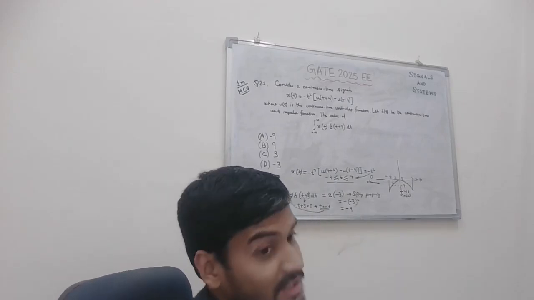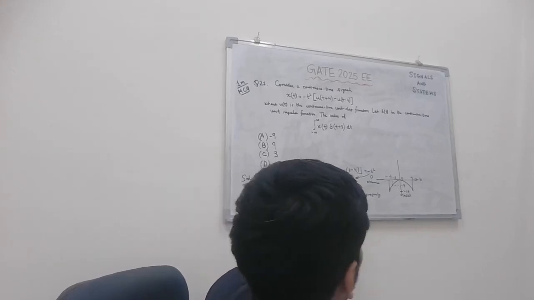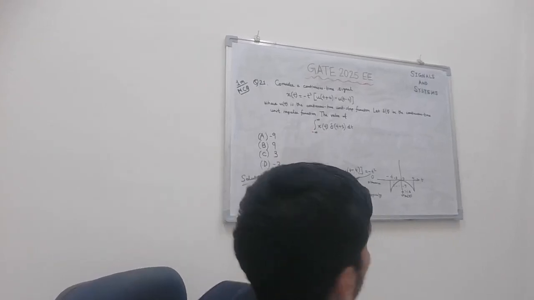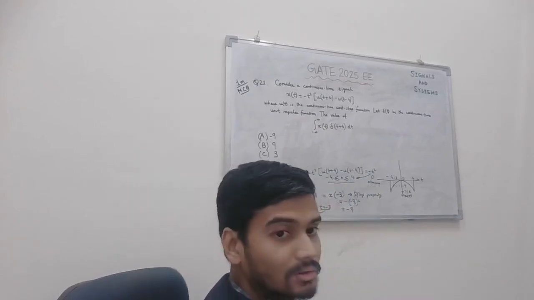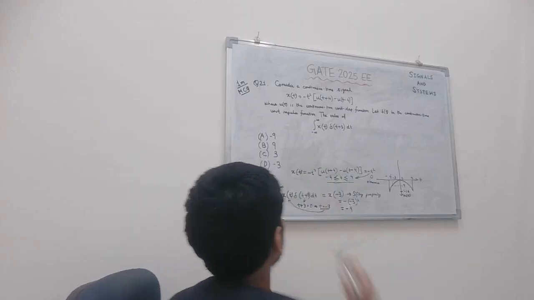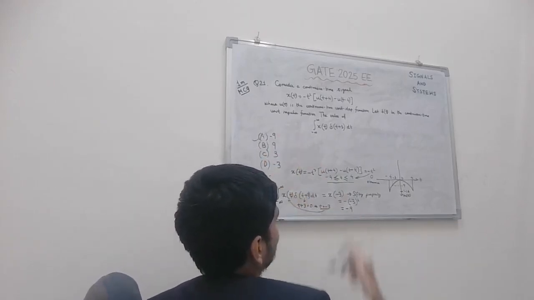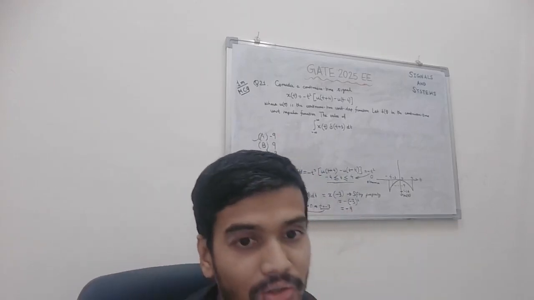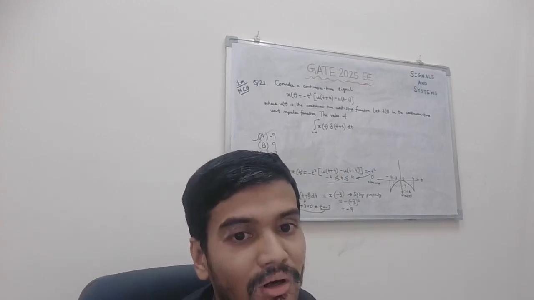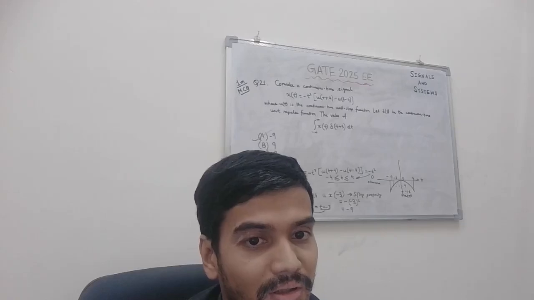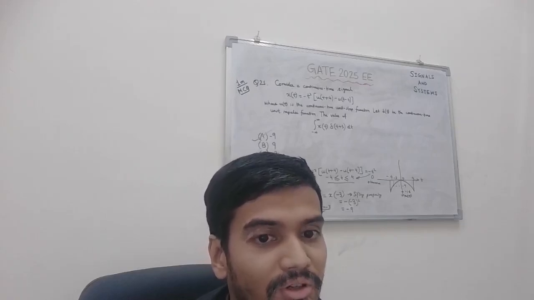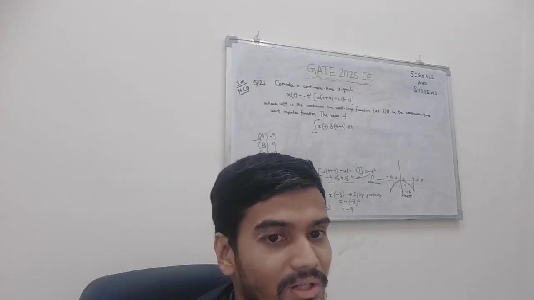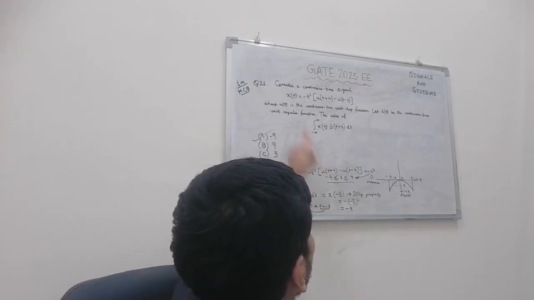So the value of this integral will be minus 9 using the shifting property, and also using the definition of x(t), the given continuous time signal. So the correct answer for this question is option A, minus 9. We evaluated it using the simple shifting property of the continuous time unit impulse function, and the unit step function definition for x(t).